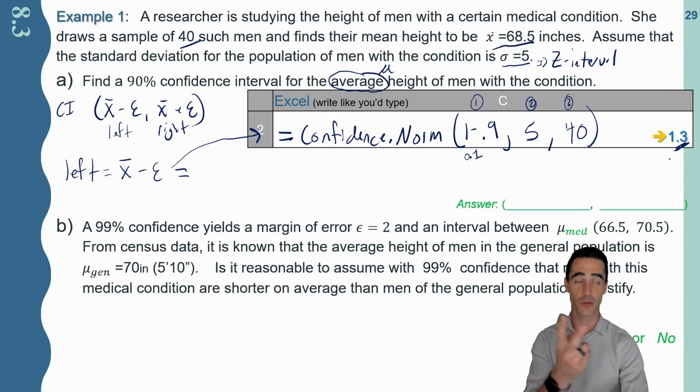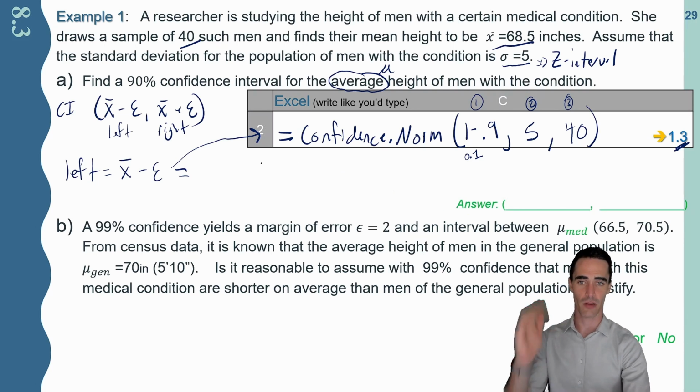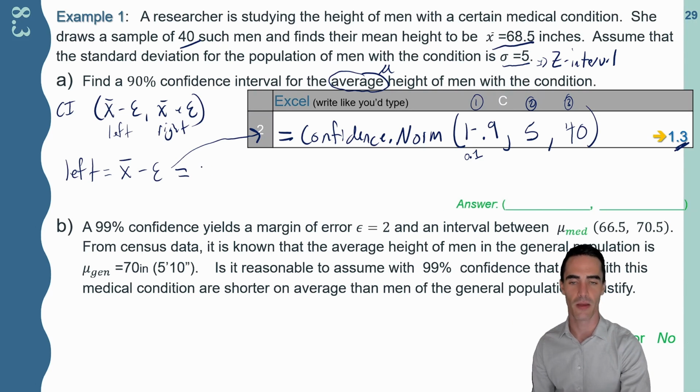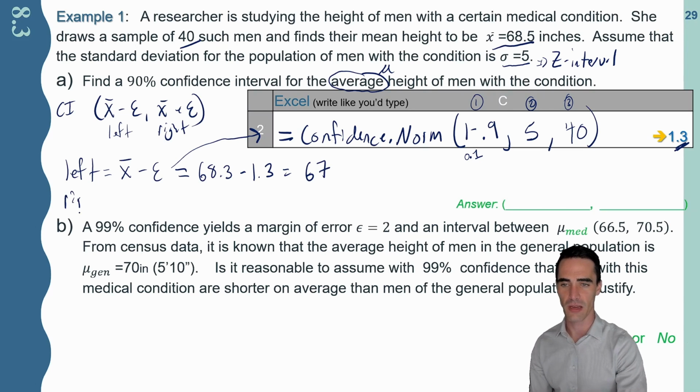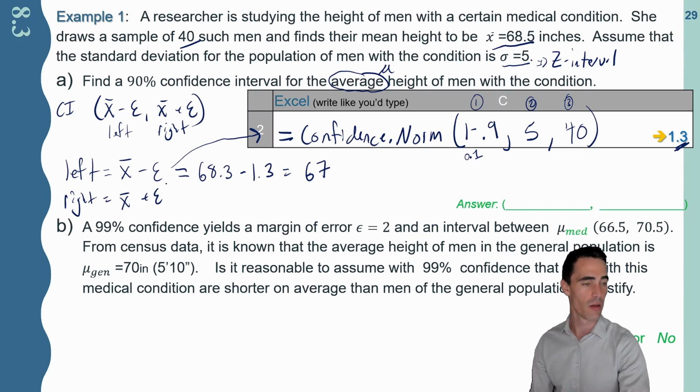So now we have the two ingredients. I have my point estimate and my margin of error. Let's add and subtract these numbers together. I should get 68.5 minus my margin of error of 1.3. And then it's going to be 67.2 for my left endpoint. For the right endpoint, again, I need to add the margin of error, x bar plus our margin of error. That's 68.5 plus 1.3. That sum should be